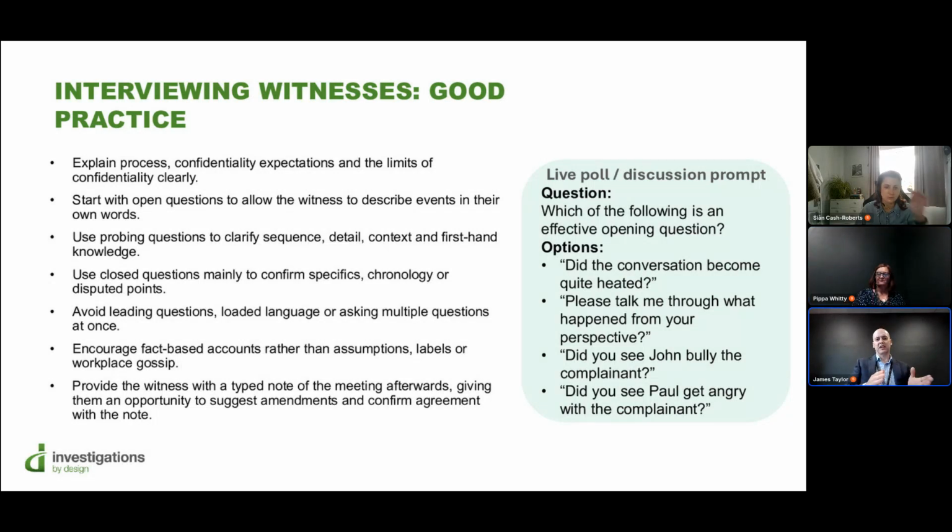There's no rigid order in terms of interviewing questions. It depends on the type of investigation and the evidence. Hopefully what runs through all good investigations are the principles of fairness: you give advance warning, you don't ambush, you avoid loaded language, and you don't make assumptions. One of the really good tools for an investigator is the pause. Often you'll find that people will fill the pause and go a little bit further. So silence is a really good tool.